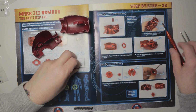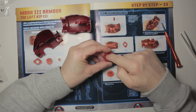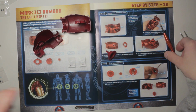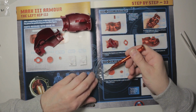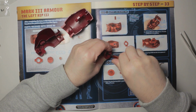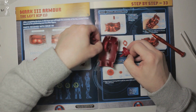joint. We then take 33E, which is this funnel shaped thing, and 33F, which seemingly drops into there like so and makes what looks like a sort of more hard wearing section of the ball and socket joint. And we take an IM screw, no, an IP screw, an IP Freely screw. Good old Simpsons jokes. An IP screw, and we screw that together thusly. I suspect that that then fits into there like that. I'm guessing. I'm sort of guesstimating at the moment, but we'll probably see in episode